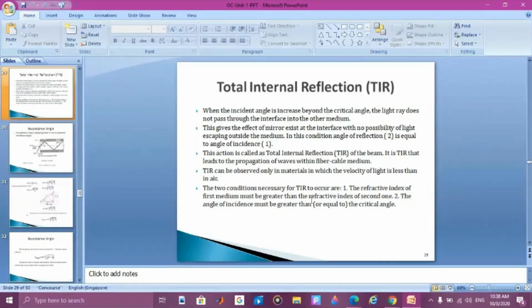So only when these two conditions are satisfied does total internal reflection occur. Okay? So the first condition is the refractive index of medium 1 is greater than the refractive index of medium 2, that is n1 is greater than n2. The second condition is the angle of incidence must be greater than or equal to the critical angle, that is phi 1 is greater than or equal to phi c. Okay,